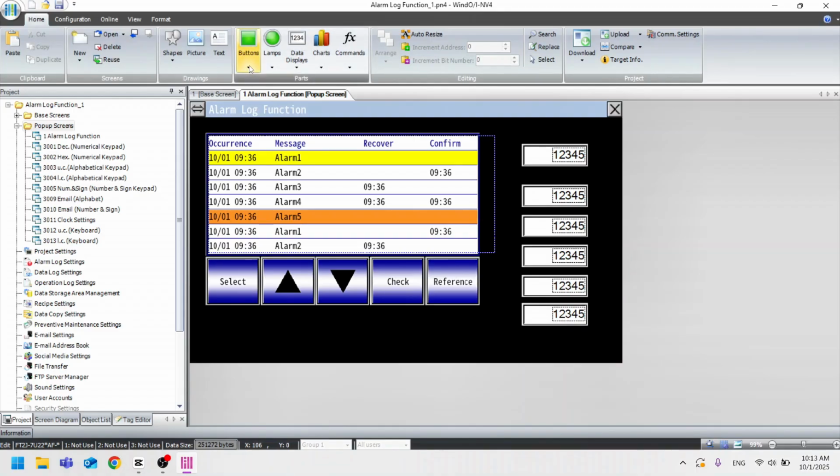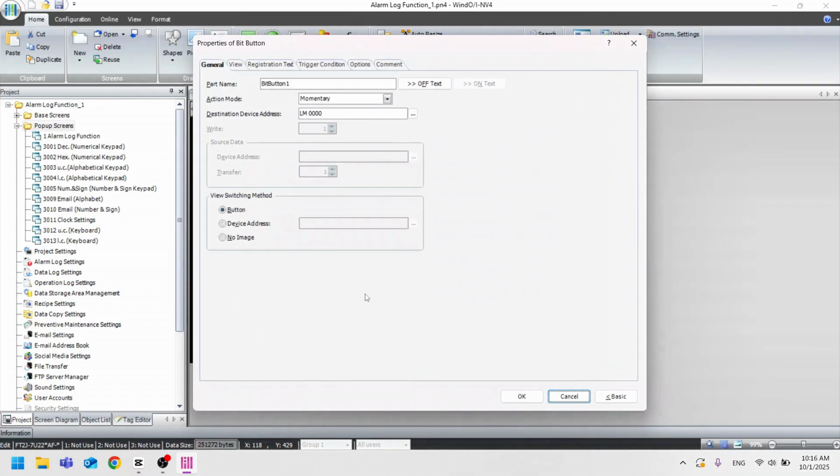Go to the Buttons menu at the top, select Bit Button, and then draw it onto our base screen. Double-click the bit button you just created to configure it. For the action mode, select Toggle, which will switch the state between on and off with each press. For the destination device address, set it to LM0, which is the address we're using as the trigger condition for